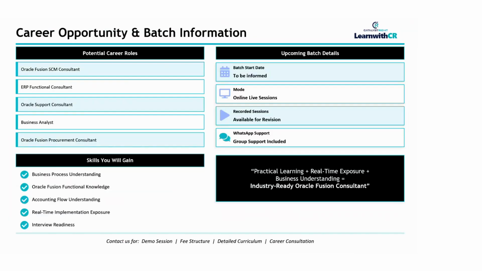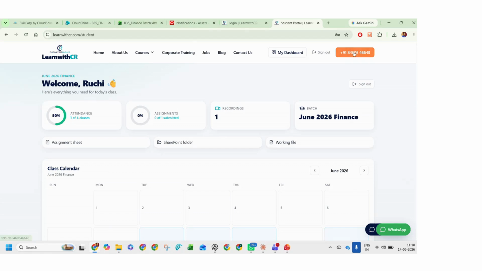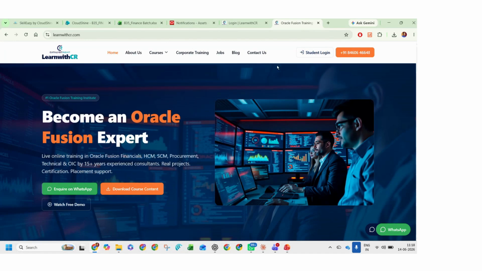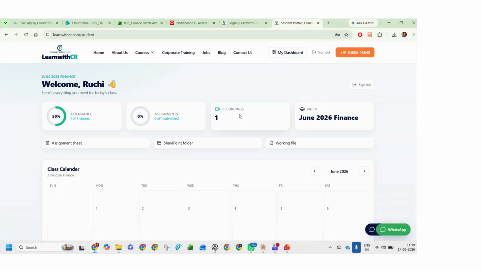I'll just take 2-3 minutes, Akshay sir, just before we move on. I'll show you the portal that we are using. We will also share the access for this portal, where you will get the login credentials. What this will help you with, let's suppose if you join the sessions, you will get this login,